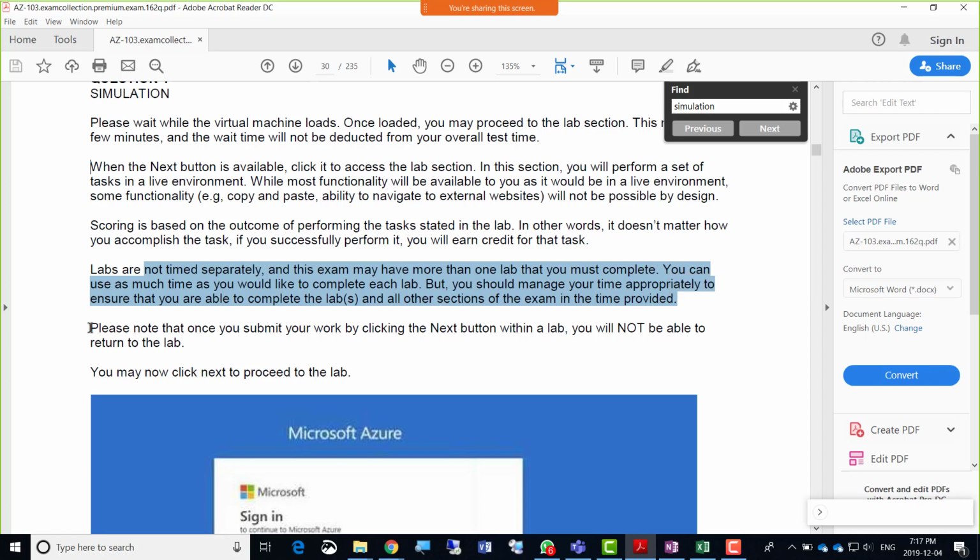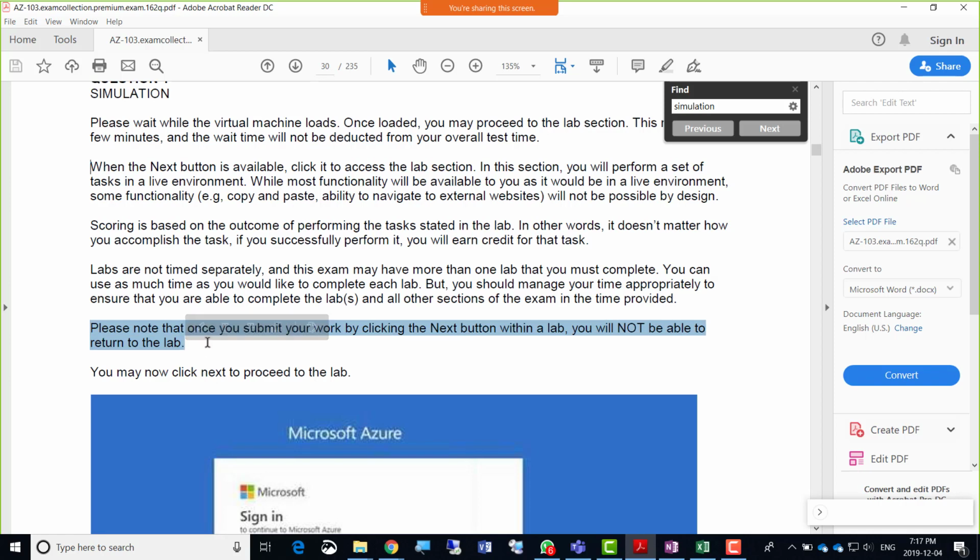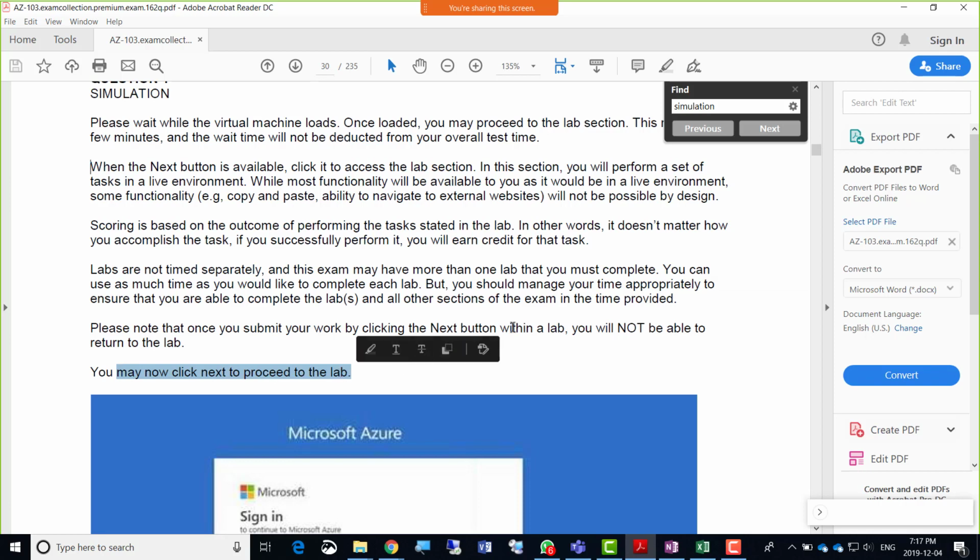So definitely manage time. Please note that once you submit your work by clicking the next button within a lab, you will not be able to return to the lab. So you won't be able to return to the lab. Okay, you may now click next to proceed to the lab. So at that moment, when you start doing the first lab,